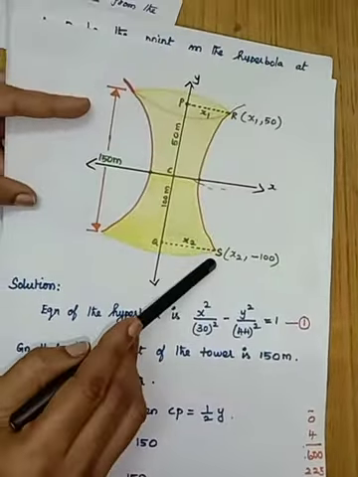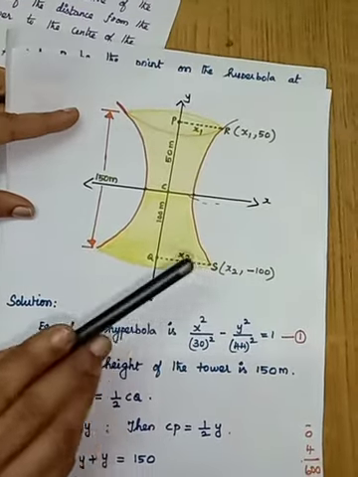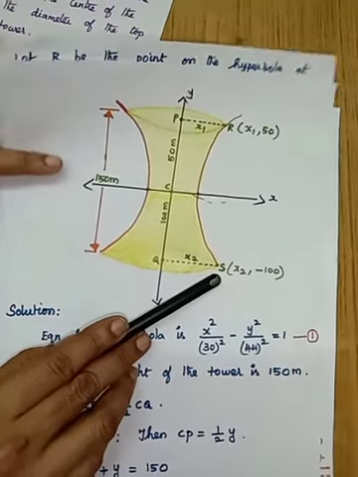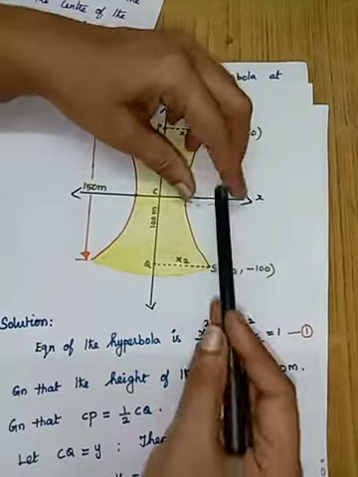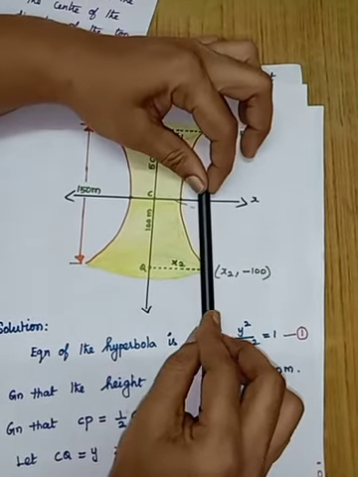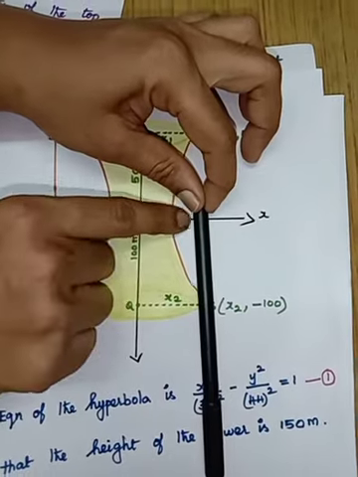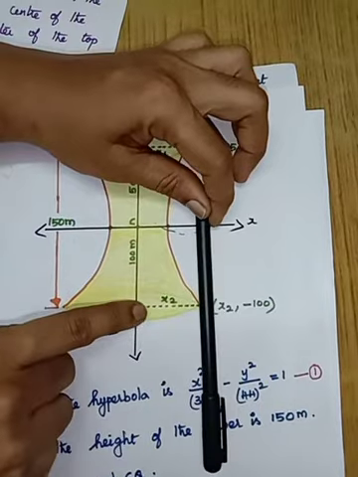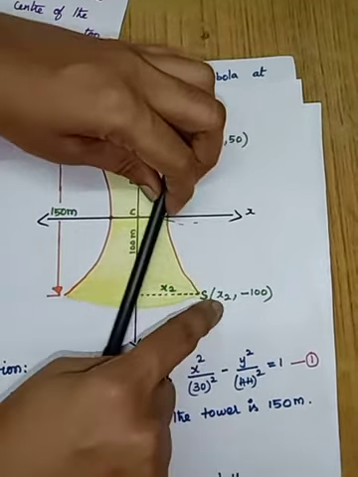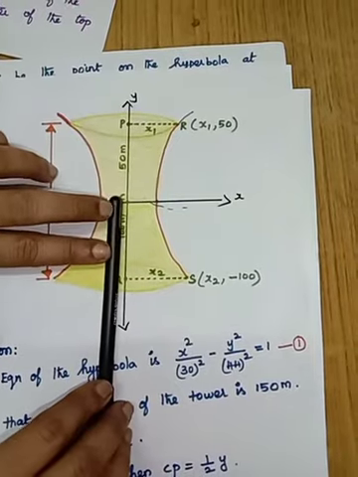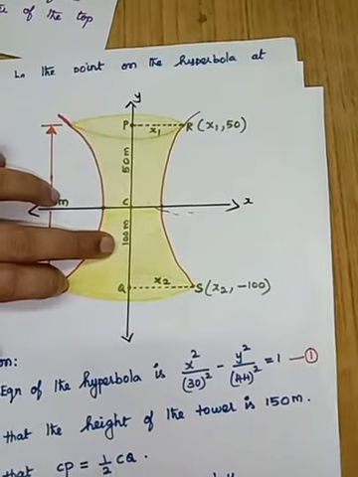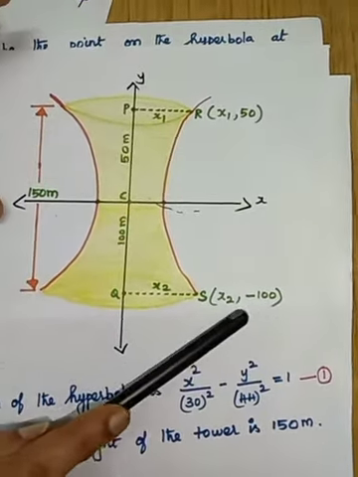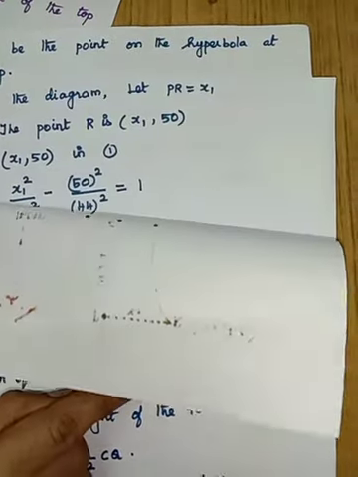For that, I am going to take a point S on the hyperbola, which is at the base of the tower. We have to write the coordinate of this. Okay, so if you draw the perpendicular S to x-axis, so this distance is the horizontal distance, which is equal to QS. So QS only we have to find, so that is taken as x2. And what is the vertical distance? It is CQ. What is CQ is given? It is 100 meter. This point where it is in the negative side of y-axis. So therefore S point is x2 comma minus 100.